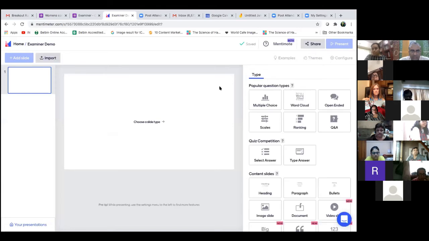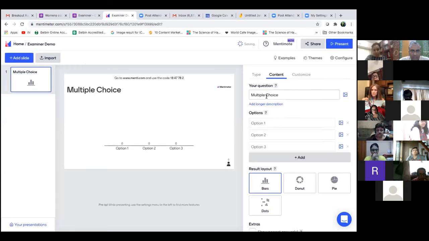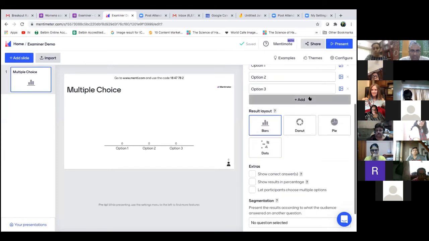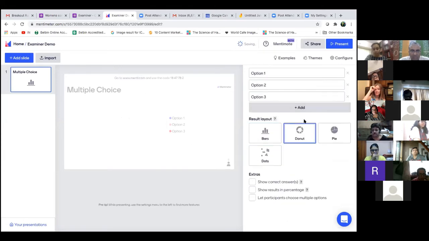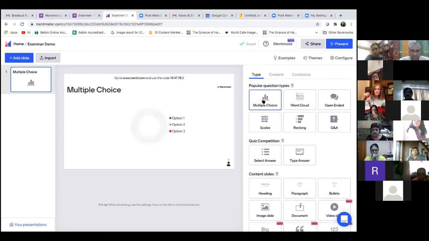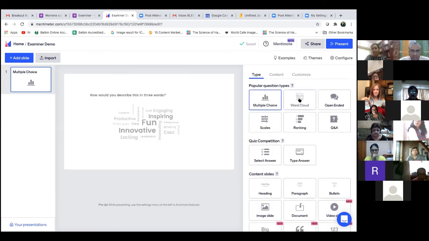Now, just simple over here. These are all the different options you have. Do you want to do a multiple choice, or a donut option, whatever type of option you want? You can have it in terms of a word cloud, which was the second question that we did.